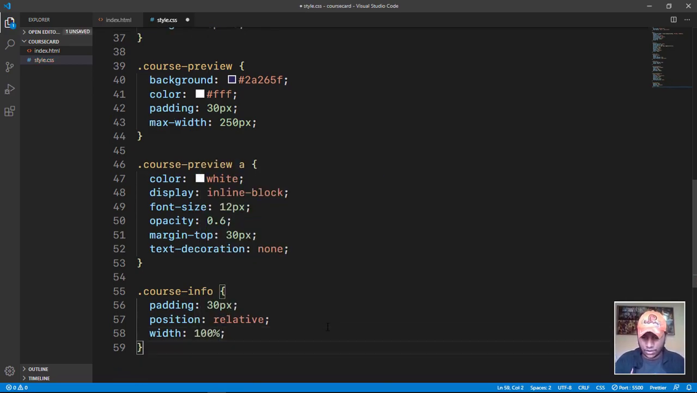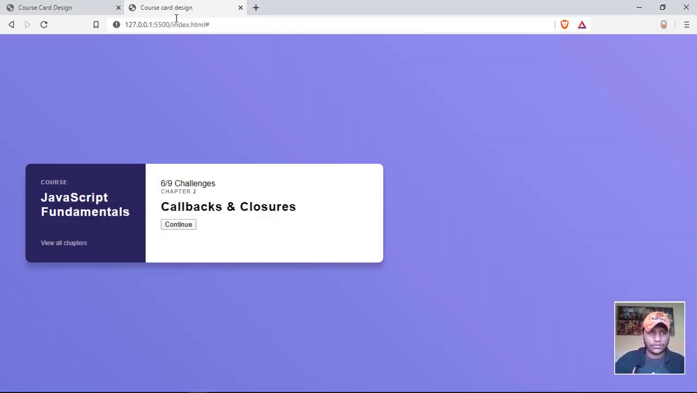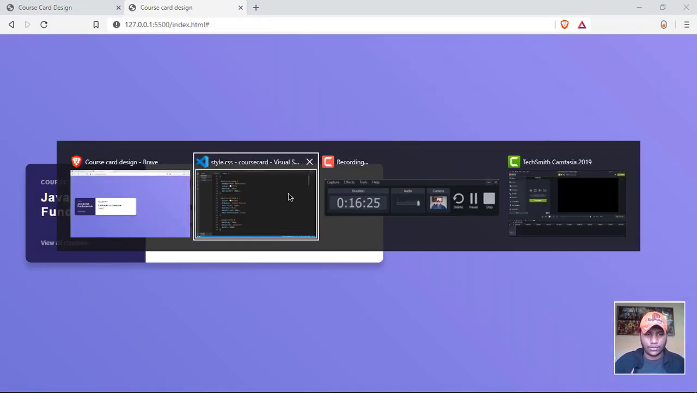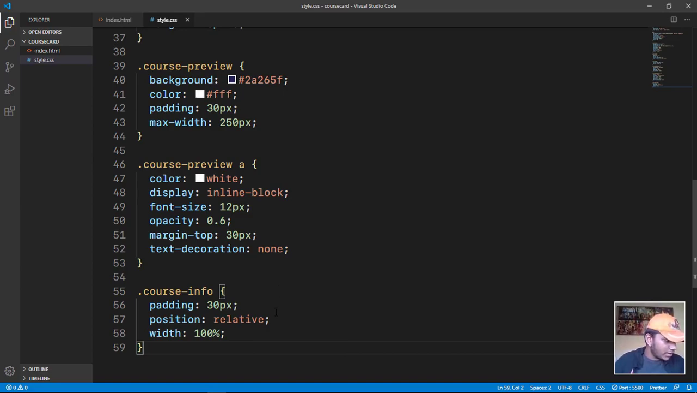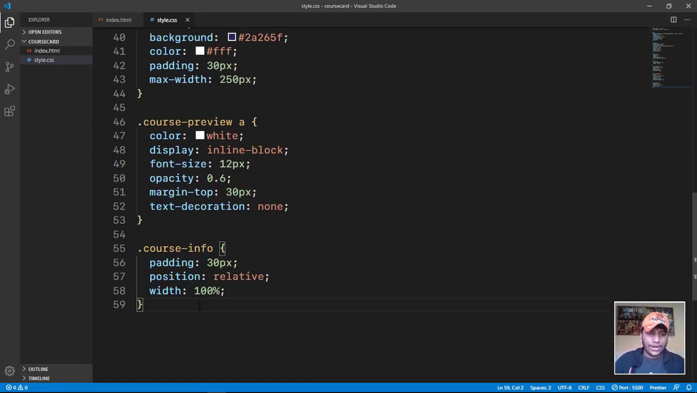Sorry, it should work right now. If you see that, it's working. So that's what we want. We can give it padding, position relative, and its width is actually 100%. Okay, now it's fine. And now what we want to do,